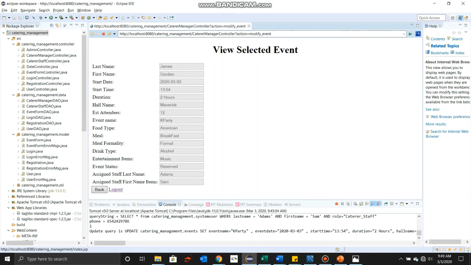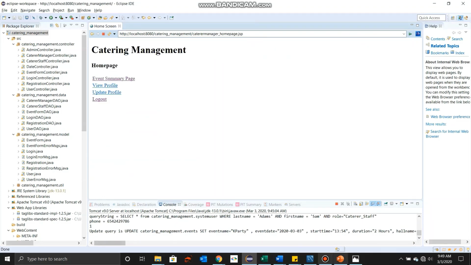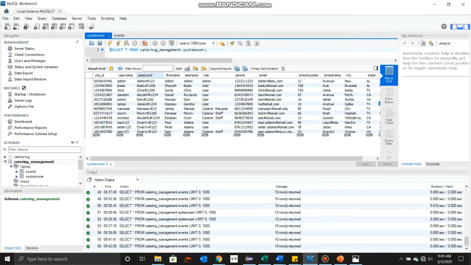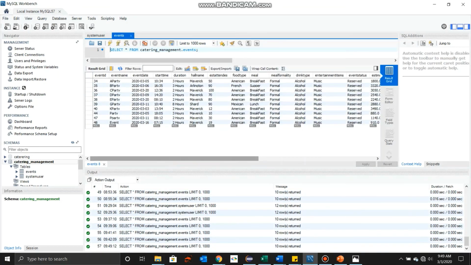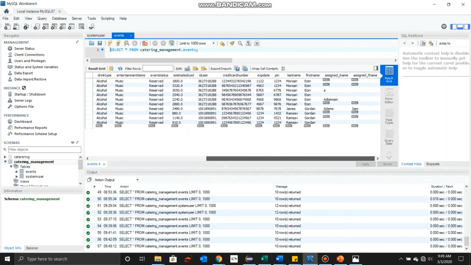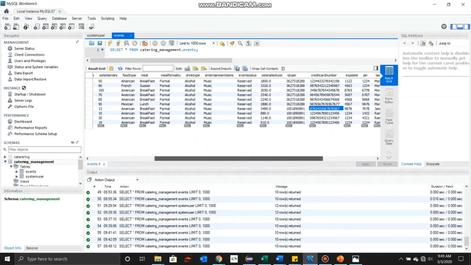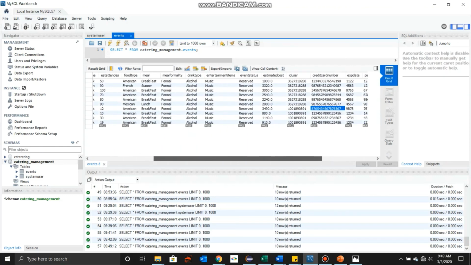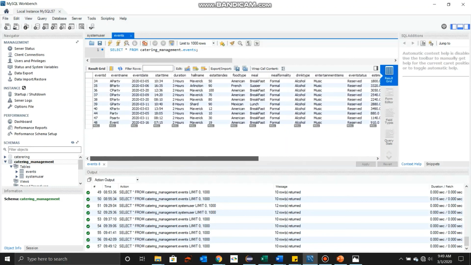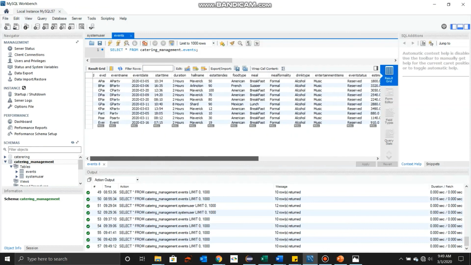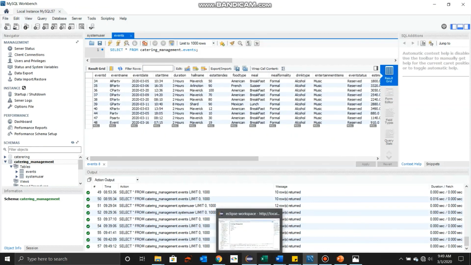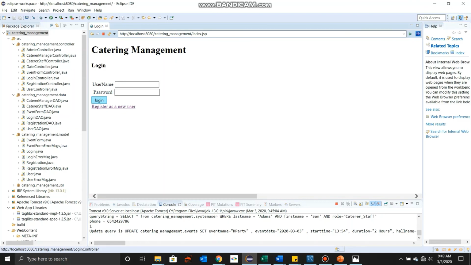So now let's go back to the home page. You can come back to the database, go to events page and refresh the table. As you can see that the event K party has an assigned name Adams and Sam. So let's go back to the web page and log out as an